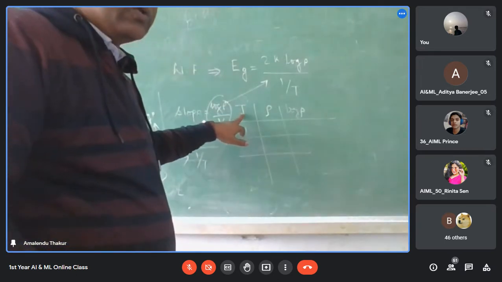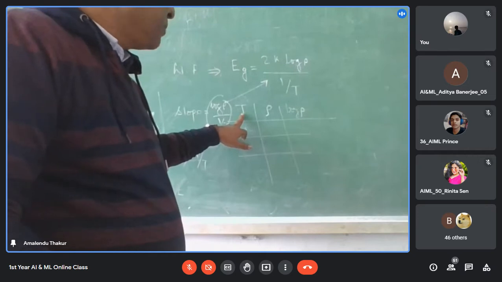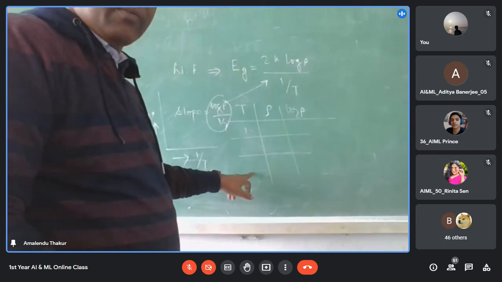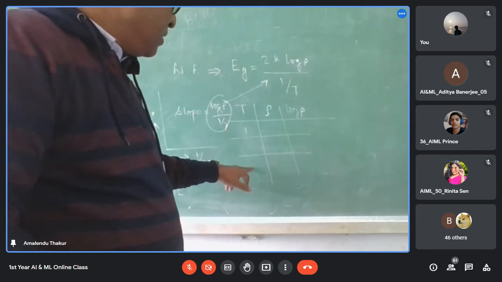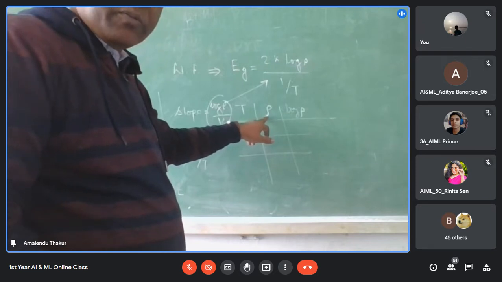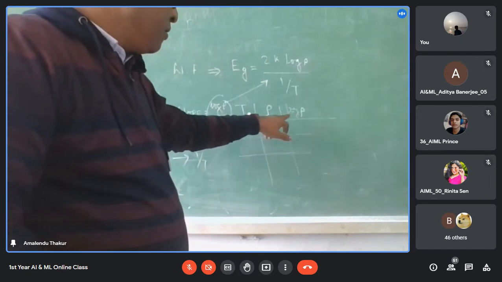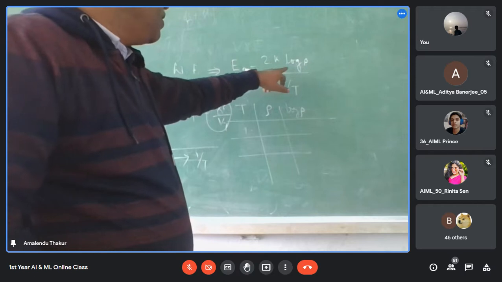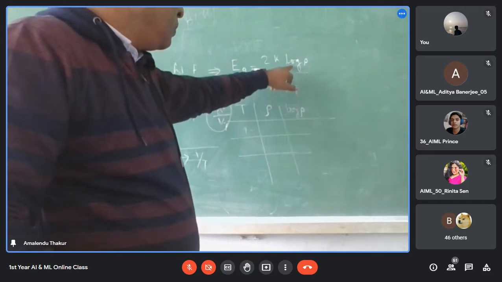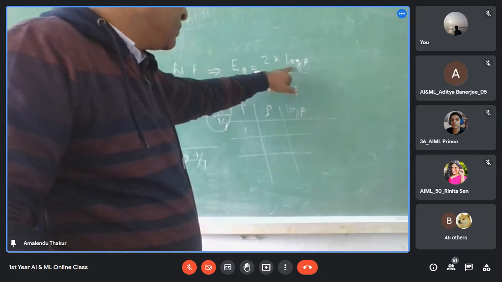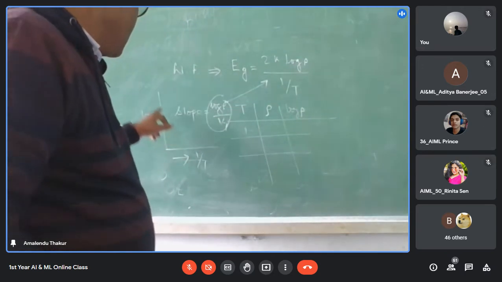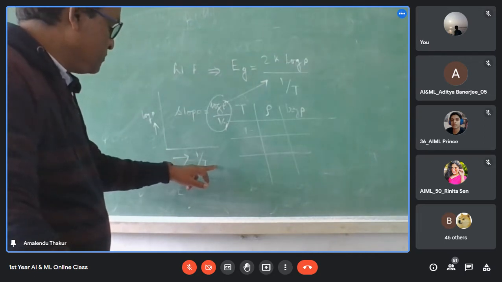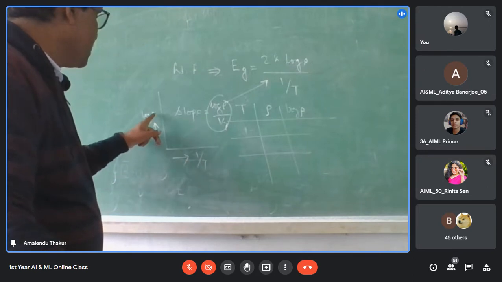Since we know the resistivity is dependent on temperature, when we change the temperature, we have to draw a tabular form. We change the temperature, correspondingly we calculate the resistivity at that particular temperature, and we take the log of this value, because in our working formula it is given log rho by 1 by t. Then we also draw a graph where we consider 1 by t along the x-axis and log rho along the y-axis.